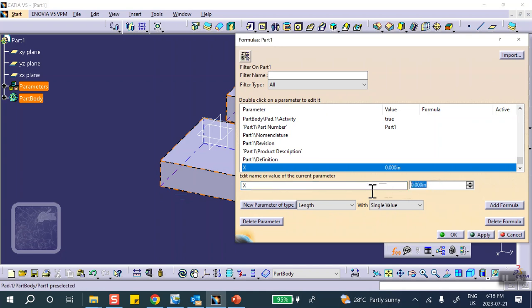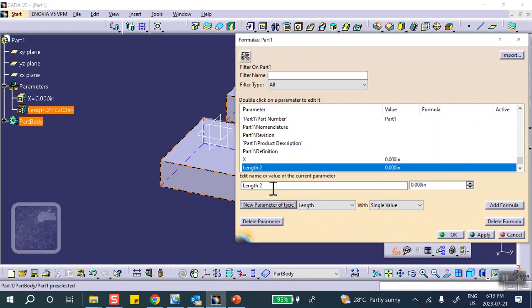And don't give it value 0 because it's just a source of confusion. Or you can leave it at 0 and then go change it from the tree. That's up to you. So I'm going to leave it at 0, okay? Another one, y. If you want to see it in the tree, by the way, here's, yeah. Oh, I did not do the first one. So x, let's do x, apply. There we are. Another one, new parameter, y,